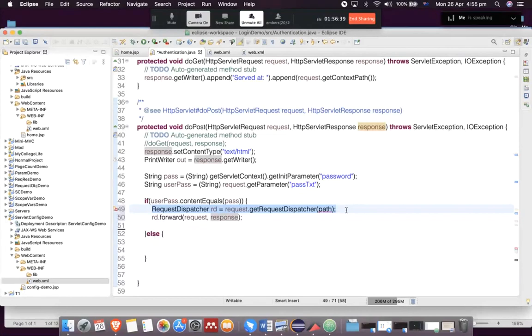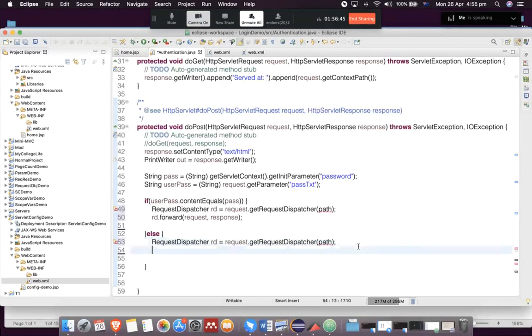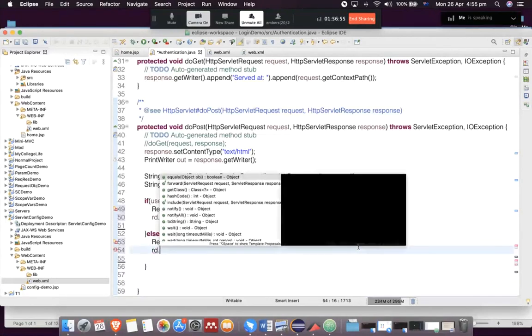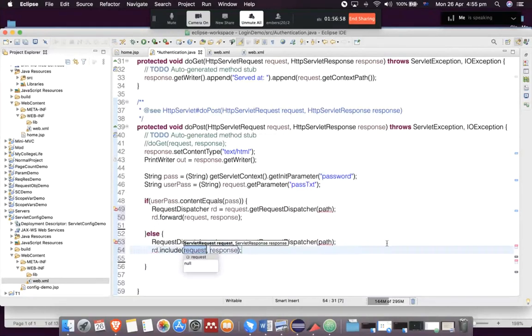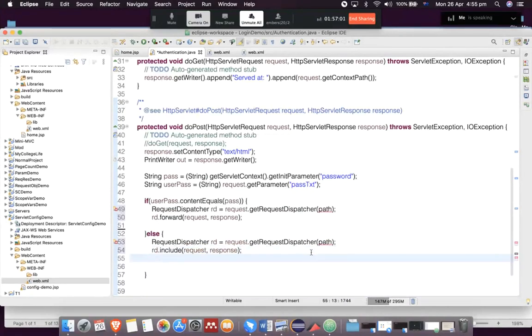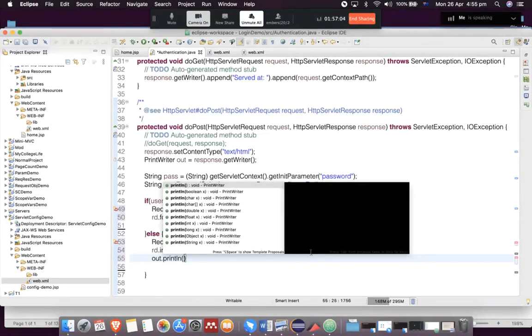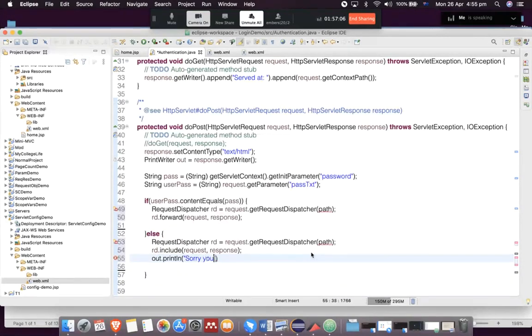Okay, so what I'm going to do is create another request dispatcher here. This time, I don't want to send the user somewhere else. I just want to include some content and an error message. Therefore, I will use include instead of forward, and we'll simply type a message: Sorry, you are not an authorized user. And then we can basically